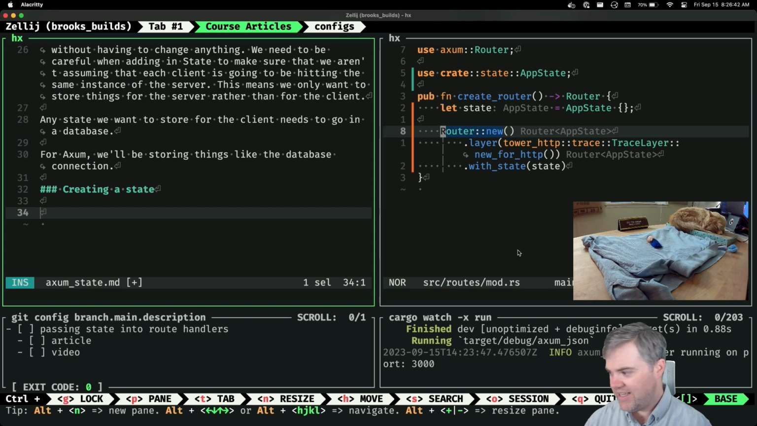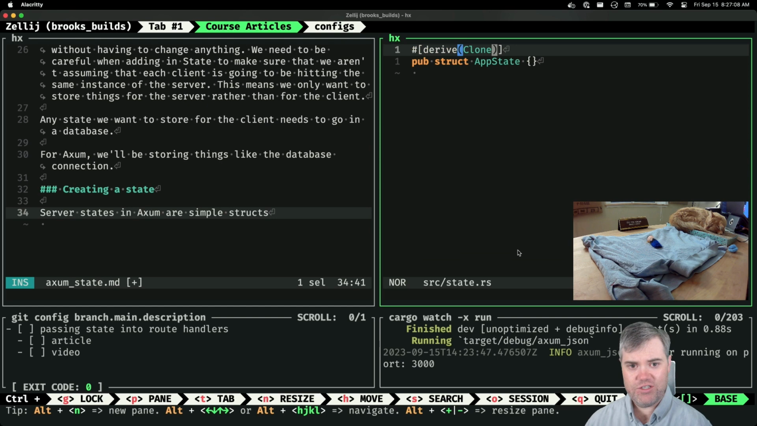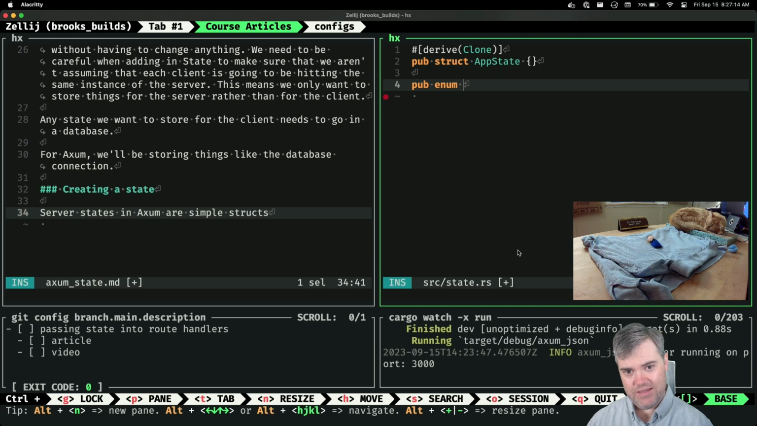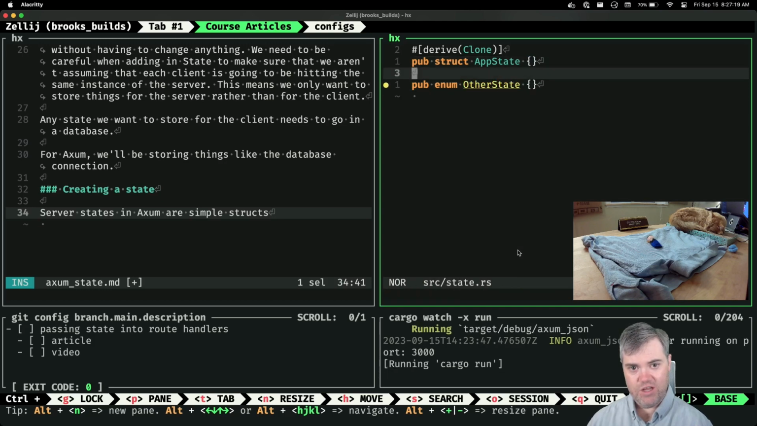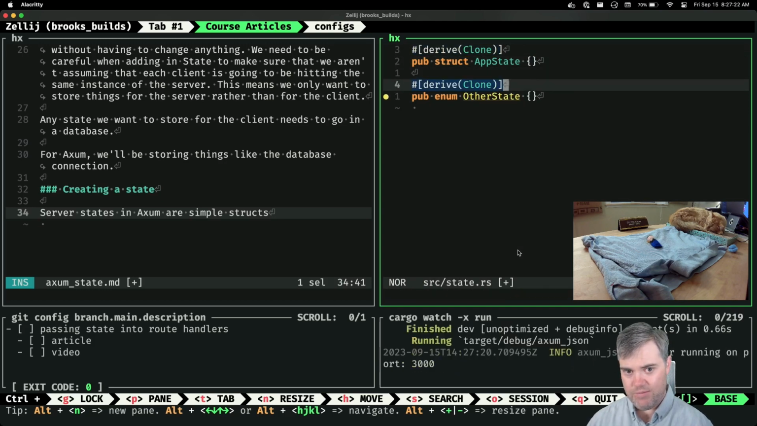Let's see. Creating a state. So let me just start throwing this in there. I think stacking, you're onto something. We'll just say server states in Axum are simple structs. Is that right? Can I do whatever I want with this? I feel like I could just do something else here. I could probably do a pub enum other state, and as long as it implements clone,